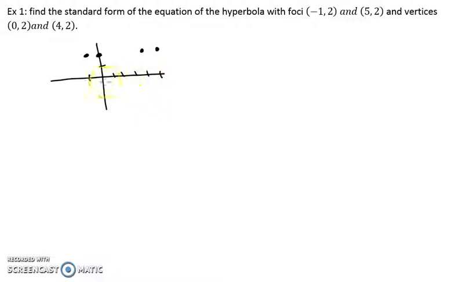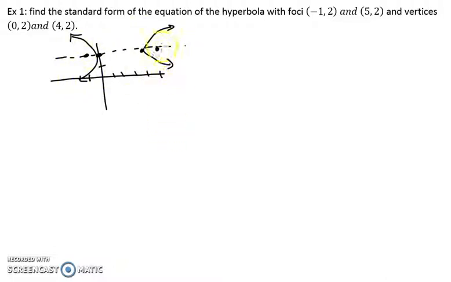So based on this, we can tell that we have a horizontal transverse axis, which means our x squared term is going to come first. We're going to open up this way. So a rough sketch looks something like that. So we can figure out a and c